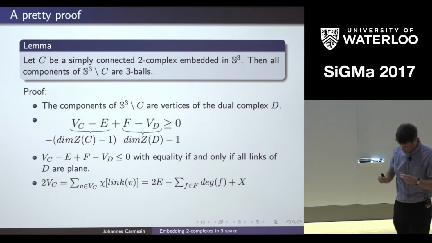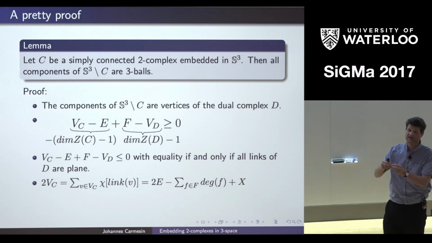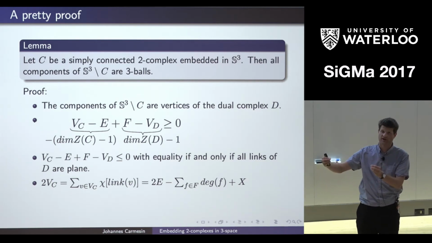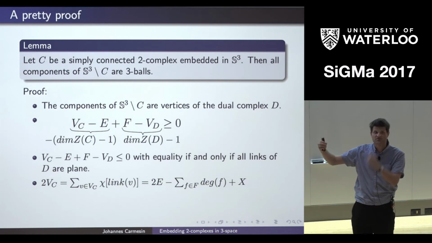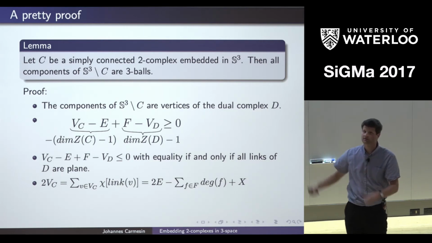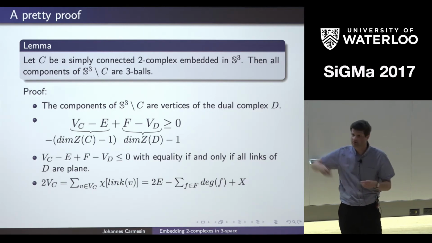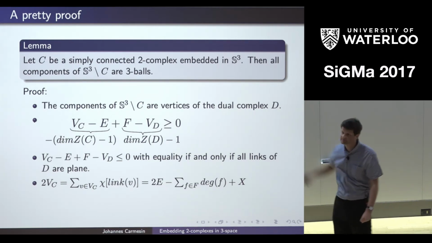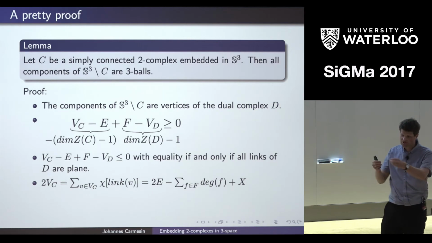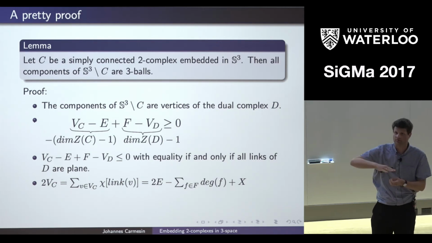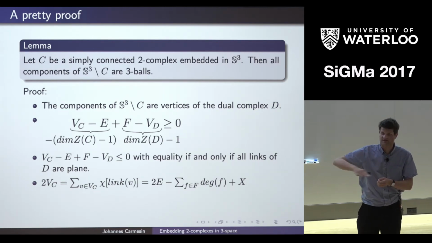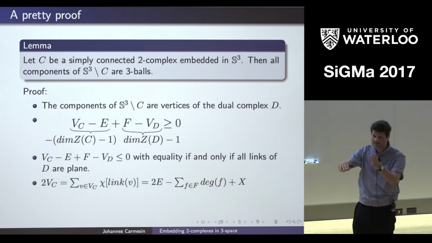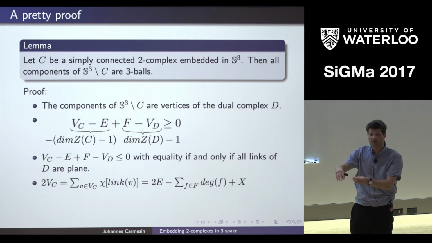On the other hand, the vertices in the link graphs are the edges of the original complex. And each edge appears in 2 link graphs, namely its 2 end vertices. So if we take the sum over all the vertices appearing in these formulas, this is precisely 2 times the number of edges. And the edges of the link graphs are the faces of the 2-complex. And each face appears in precisely as many link graphs as its degree. And it doesn't matter whether we take the number of incident edges or the number of incident faces, because it's just the same.